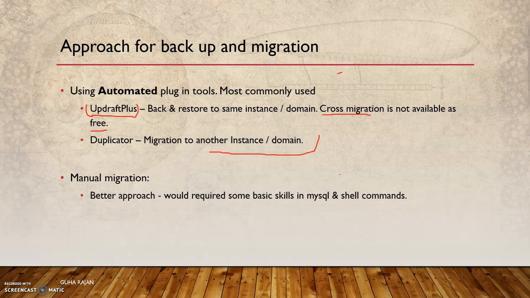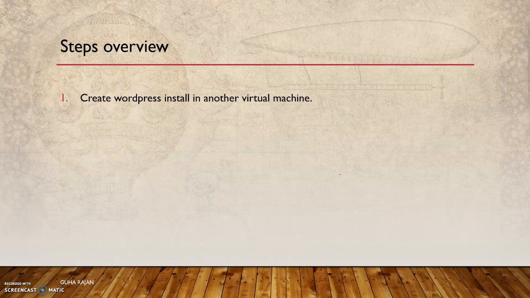There is a sequence of steps involved. First, in the development virtual environment, just create the WordPress install. In the other machine, follow the sequence of steps which I have demonstrated earlier. You need to have a normal WordPress install done. Once the WordPress install is done in that machine,